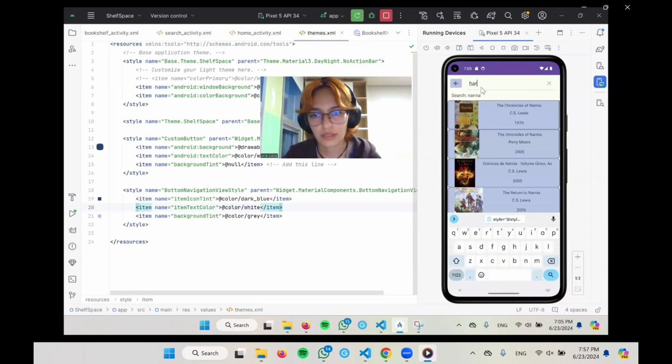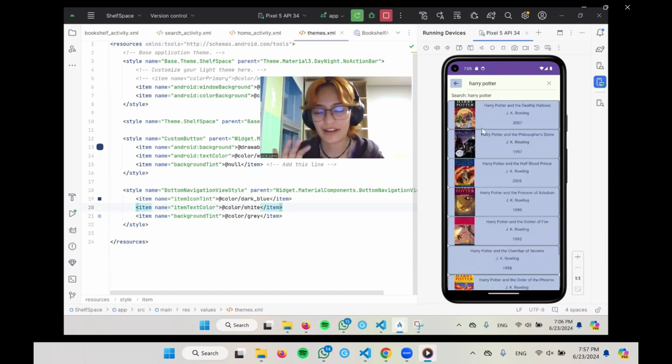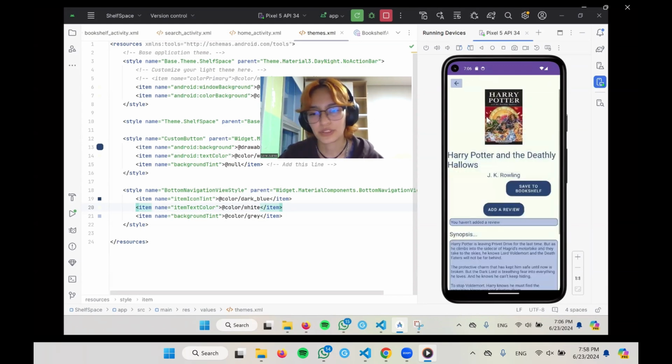Then we're looking for a different thing. Harry Potter in this case. This is gonna take a bit longer to load because Narnia I had already looked for before recording. But yeah, this is about as long as it takes to load. Let me choose one. First one. We see the synopsis, the cover loads